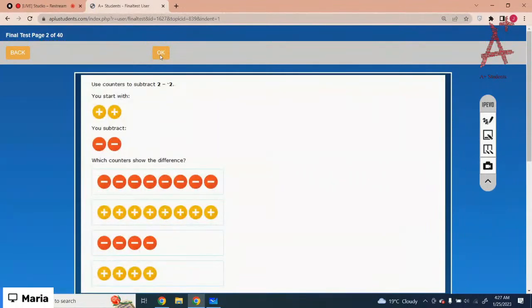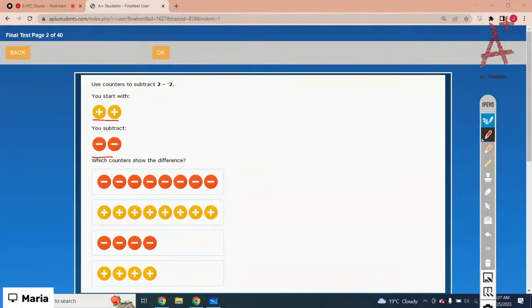Okay, use counters to subtract 2 minus 2. So you have to subtract. Here you have, but here you don't have any negative counters so that you can cancel out the same counters. Got it? So just add 2 negative counters by yourself, but you added 2 negative, so add 2 positive as well. Got it? So these 2 negative counters cancel out these 2 negative counters, and you are left with just 4 positive counters. Got it? So the last option is the